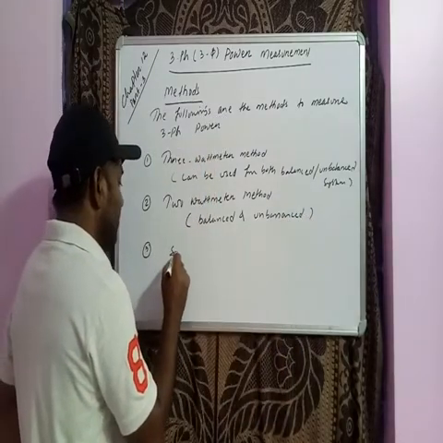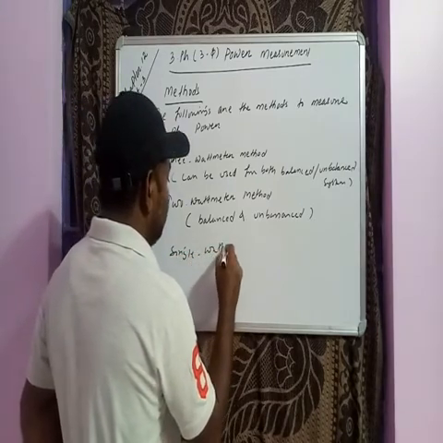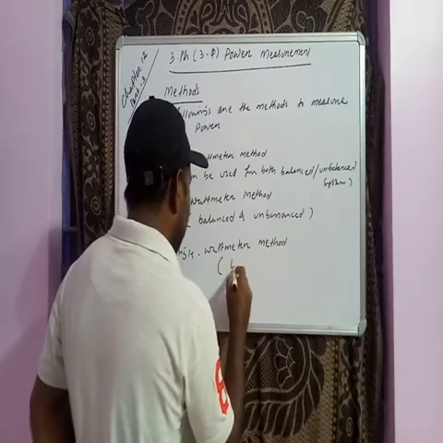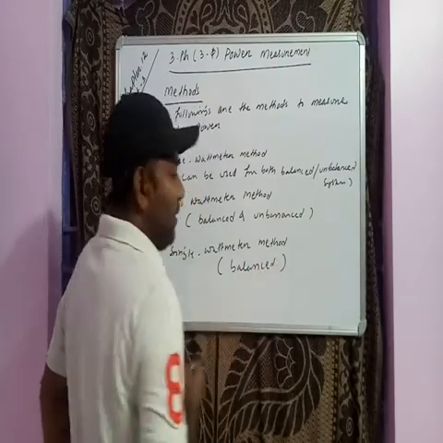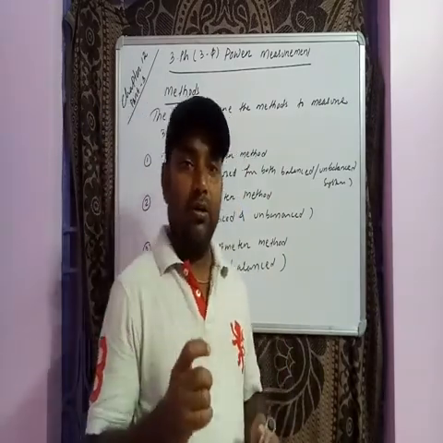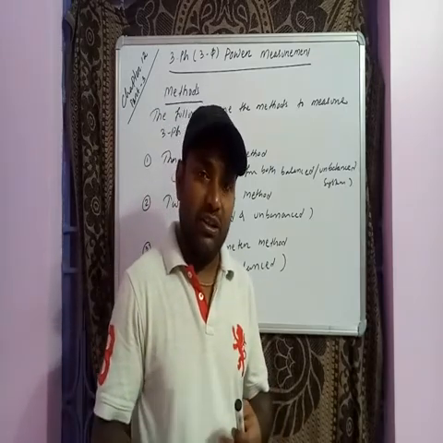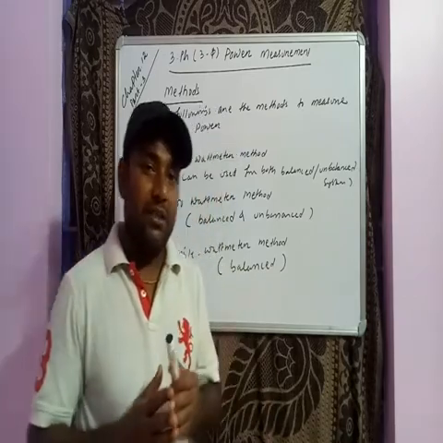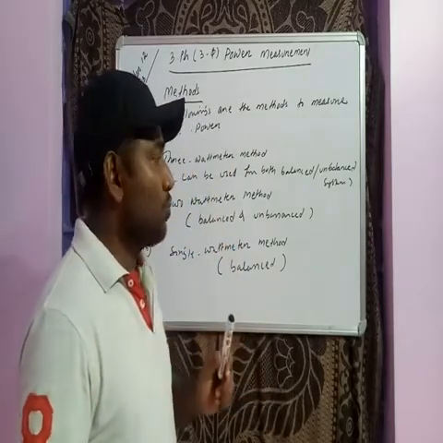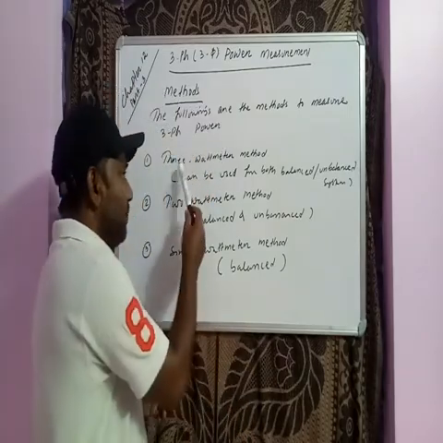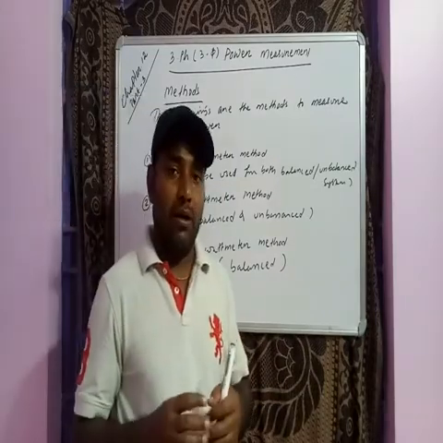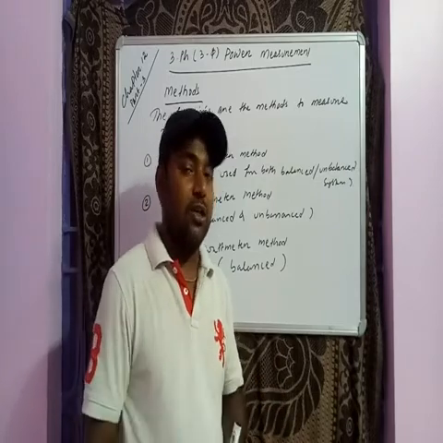The third one is the single wattmeter method, and this is mostly used for a balanced system. In a balanced system, since the impedance of each phase is equal, if we measure the power of one phase and multiply it by 3, we get the three-phase power. Therefore the single wattmeter method is only used for a balanced system, and the other two are used for both balanced and unbalanced systems.